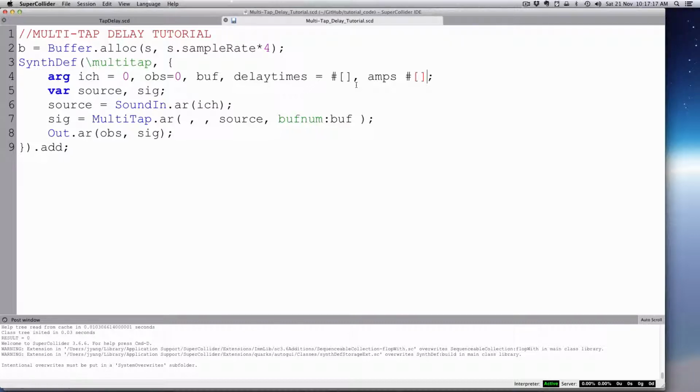So once you say I put 4 items in the delay times, amps has to be the same, so you have to have just the same amount of levels or amps as you do delay times. But let's say I put 4 in of each one. Once I run it, I can't send it an array to change those arguments of 5, or 6, all right? In this case, in multitap's case,